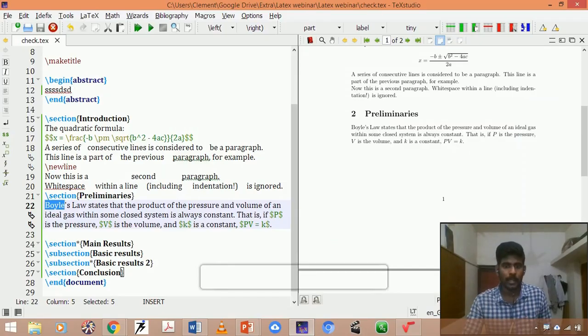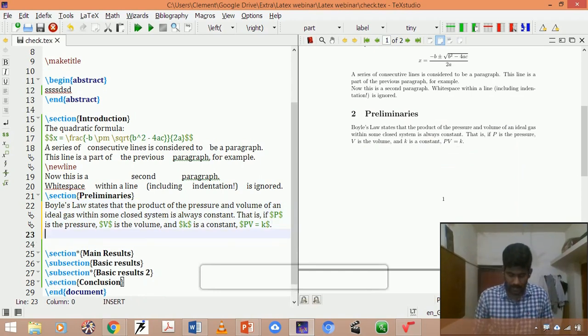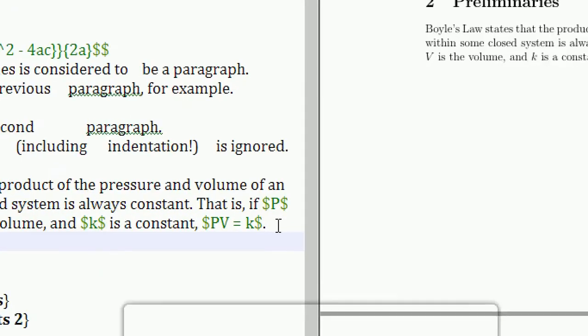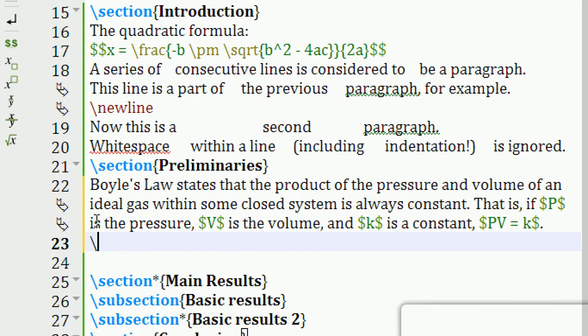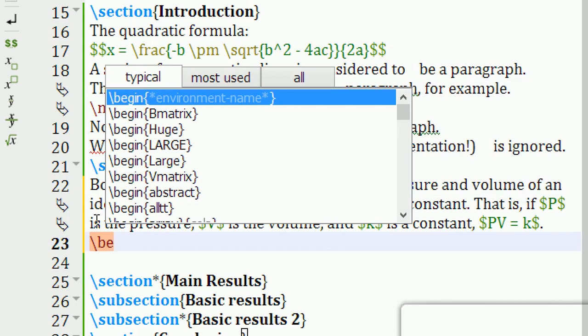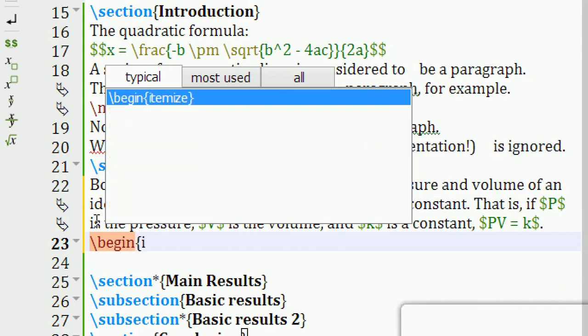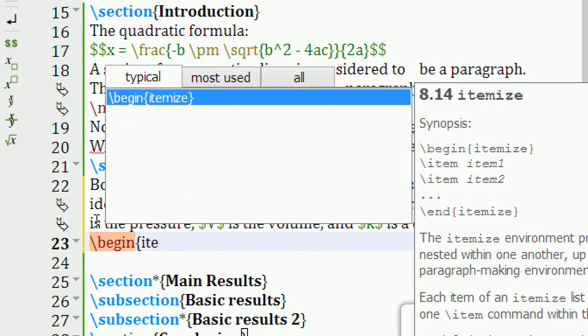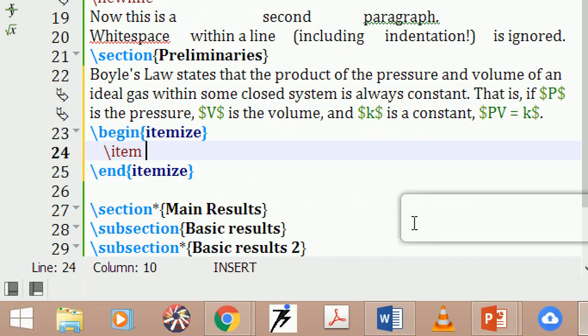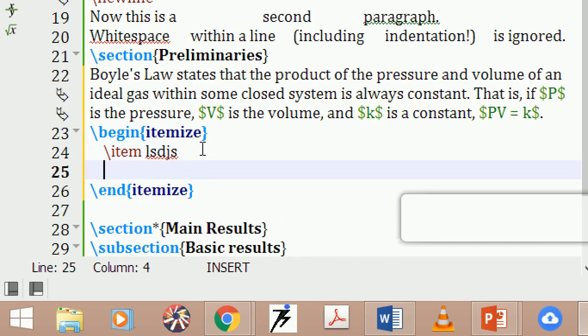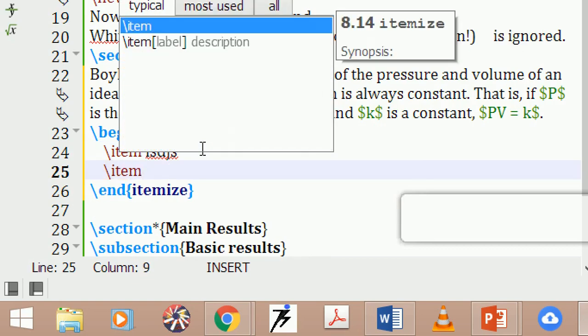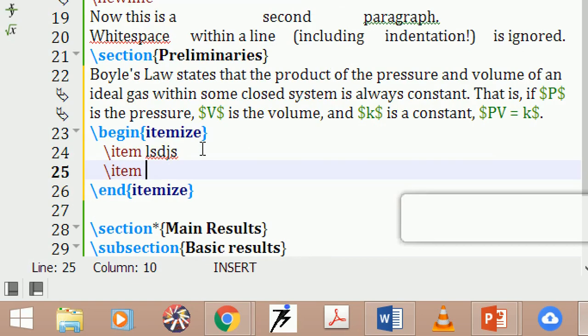Okay, if you want to itemize any text, it is needed to begin with slash begin, and I need to give itemize. Once I press it, automatically it shows the body of the format, where you can give some items. I can copy this, or I can type.